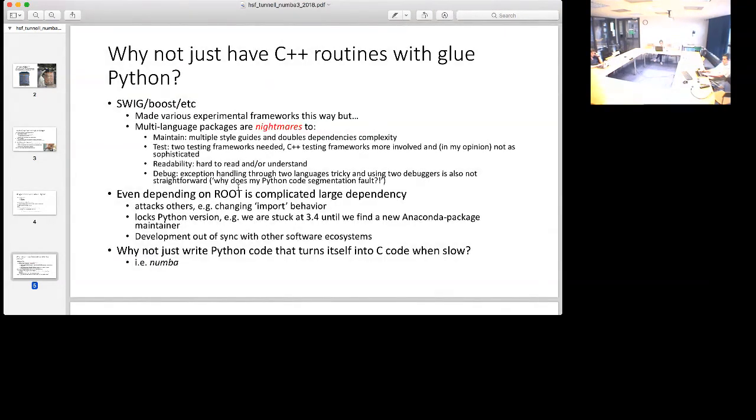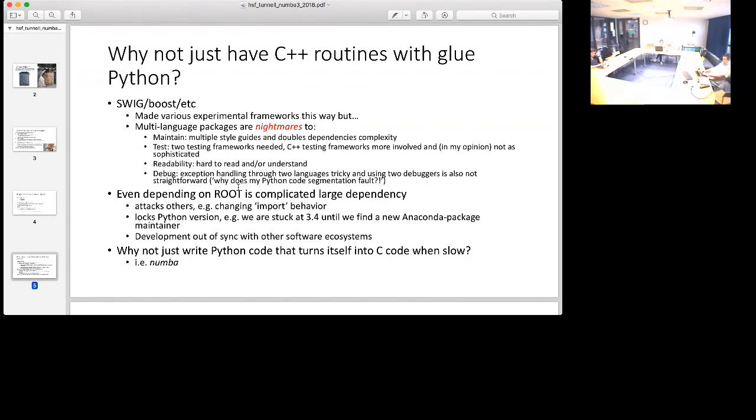So then you say, well, why not just have C++ routines with Python as a glue language? I've tried this on various experimental frameworks before, Swig, Boost, you name it. But the key trouble is these multi-language packages or frameworks essentially become a nightmare for the maintainers, a sustainability challenge.